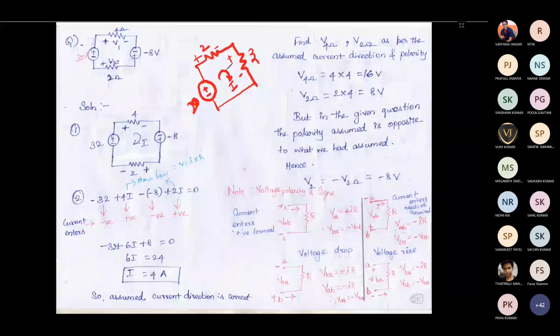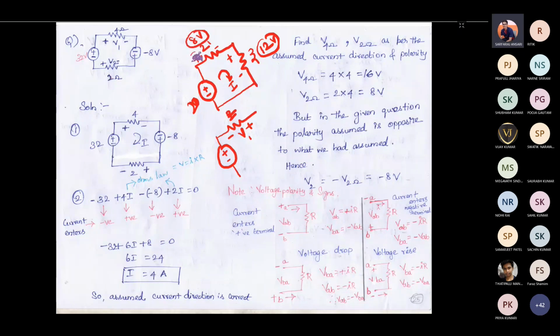Means, as we had discussed before, for this question, we have found the voltage across this 3 ohm resistor as 12 volt, and this as 8 volt. Okay, based on this we assume the current direction like this. In case they have asked the voltage across this 2 ohm resistor like this, then in the question, if they have asked like this, find the voltage across this 2 ohm resistor in this fashion, then we have found the 8 volt based on the polarity like this, but they have asked the voltage in this fashion.